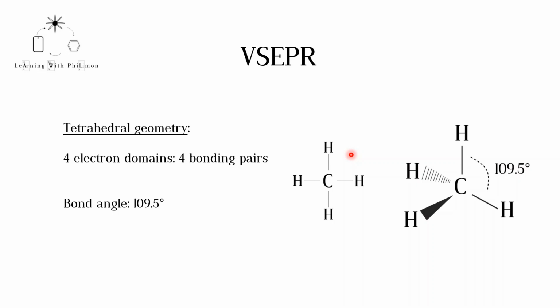methane, CH4. At GCSE level, methane is represented with this diagram, where all the atoms are in the same plane, like in the trigonal planar arrangement. However, this is not the case. In methane, carbon uses its 4 valence electrons to bond with 4 hydrogen atoms. There are 4 bonding pairs around carbon, so 4 electron domains. For the bonding pairs to be as far apart as possible, they must have an angle of 109.5 degrees between